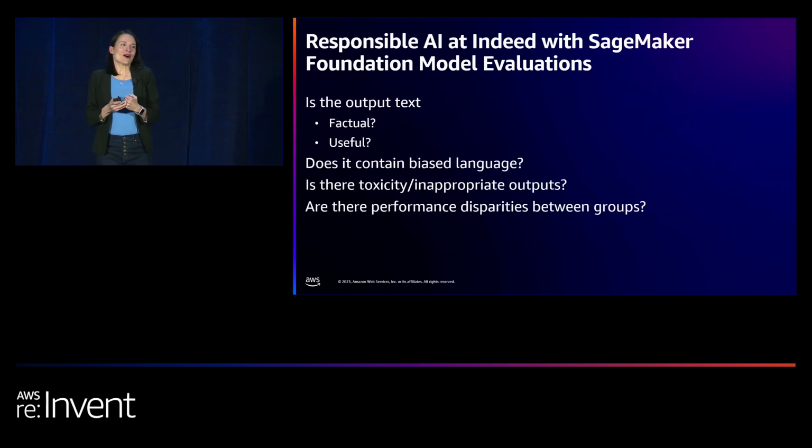So we have all these complex use cases we're considering, and now I'm just going to wrap it up by talking about how we can use this product to help us evaluate those models. One of the first things we care about is: is the output text factual? In the previous example, we saw an explanation on why a job might be a good fit. You might also see explanations as to why a job seeker is a good fit for the job, like skills, relevant experience. So we want to make sure that that stuff is actually true.